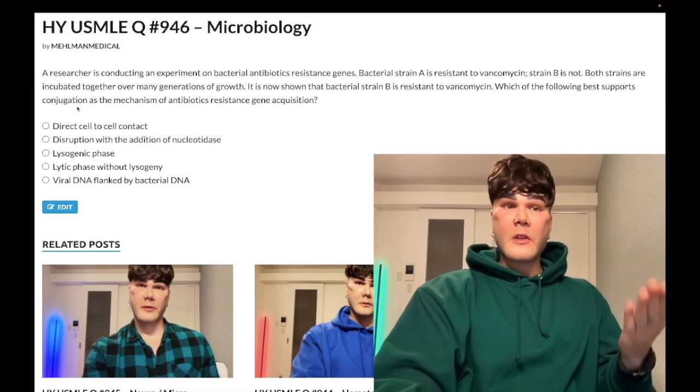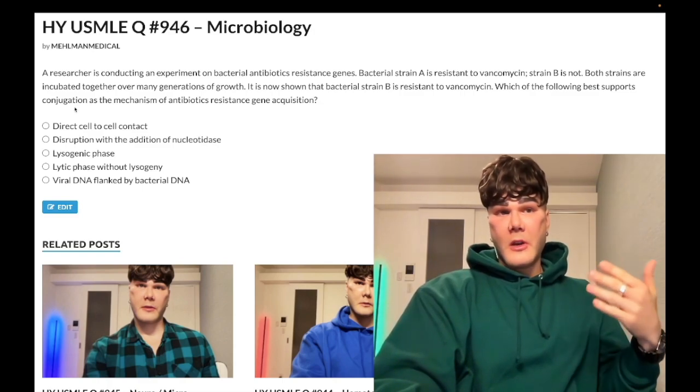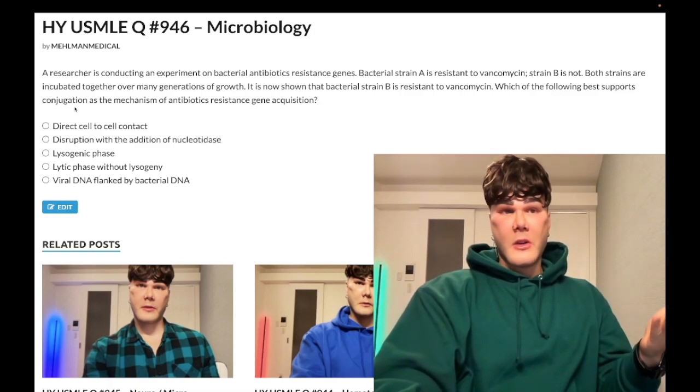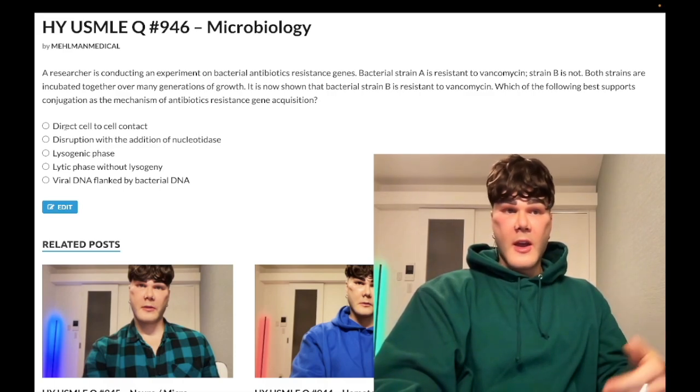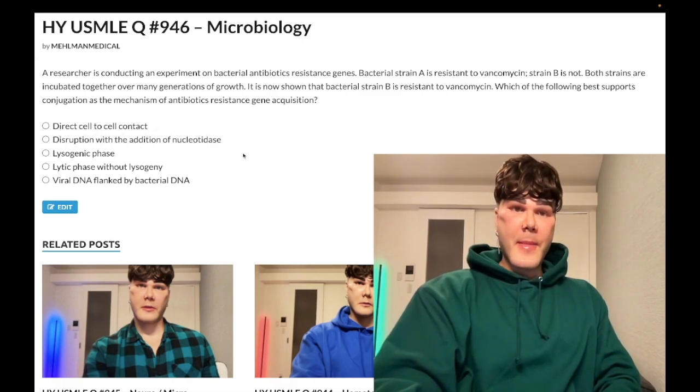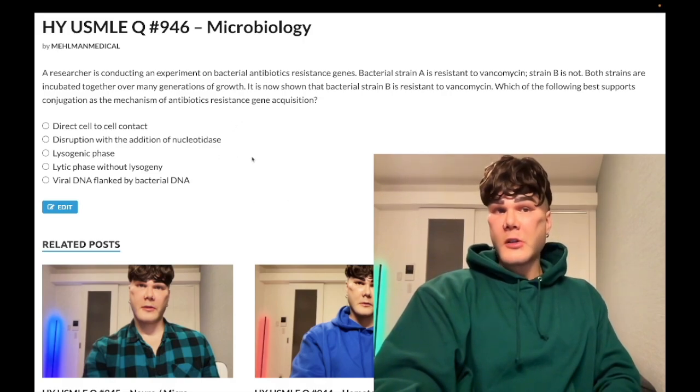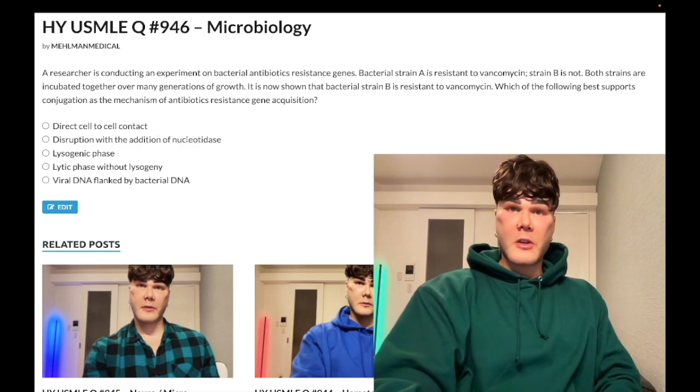So if you know conjugation involves two bacterial cells coming into direct contact via a pilus protein, that answer obviously makes sense here. And if you think it's a little bit weird or you're not sure, you can obviously eliminate to get there, which is also what we'll do now. So let's just hop through the others. Choice B, disruption with the addition of nucleotidase. Wrong answer. And we know it's wrong because this is transformation, which is when you have a bacterial cell